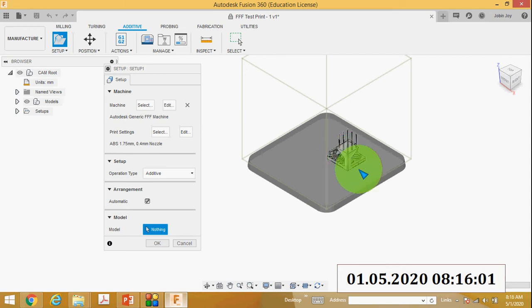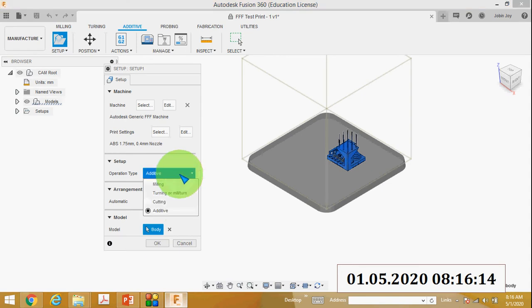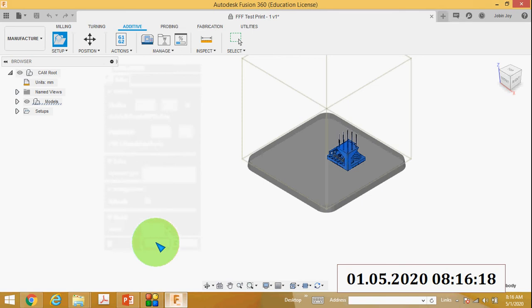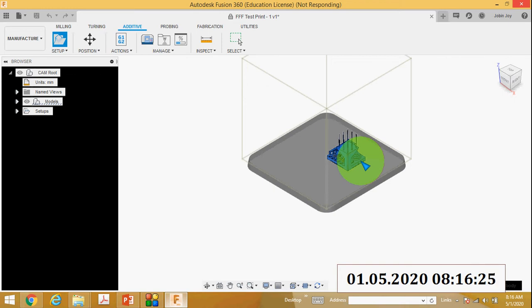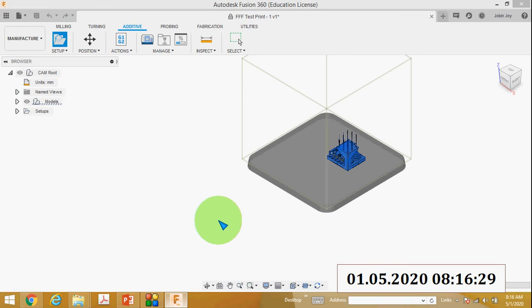So what I do is I will select this body. Now you can see the model has changed into body. Then click OK. Then you can see the operation type is actually additive. So click here, then click OK.